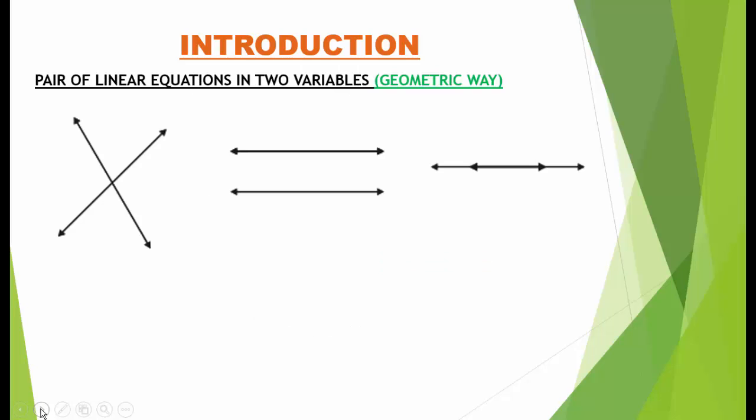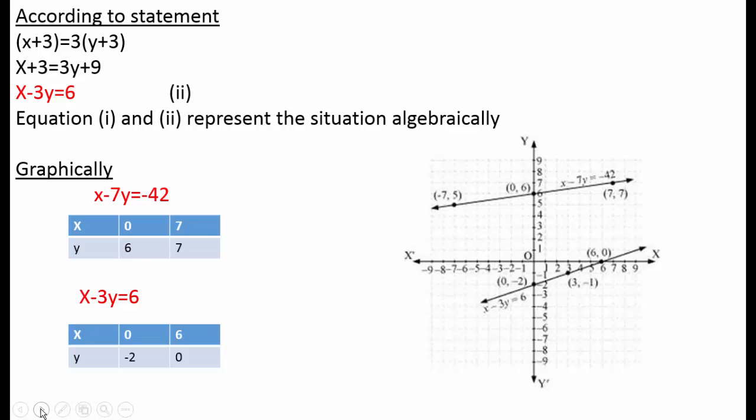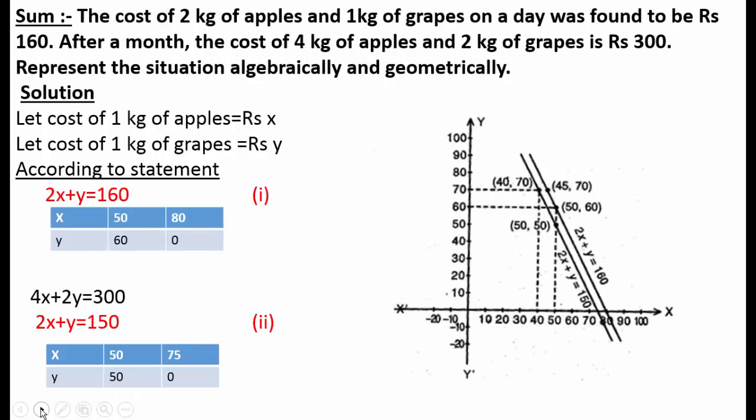Now we have discussed that if we have a pair of linear equations, then geometrically there will be three cases. First, because of the linear equation, the line will be straight, and the lines may be intersecting lines. The second case, it may be parallel lines, and the third case, it may be coincident lines. And then we did some numericals on the graphical representation of linear equations, and today we will discuss